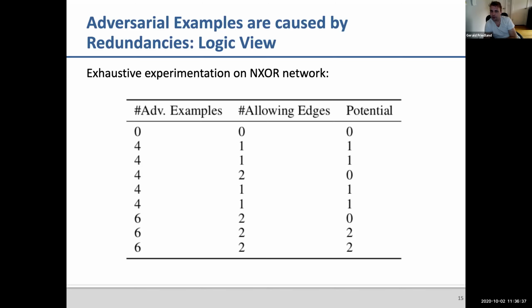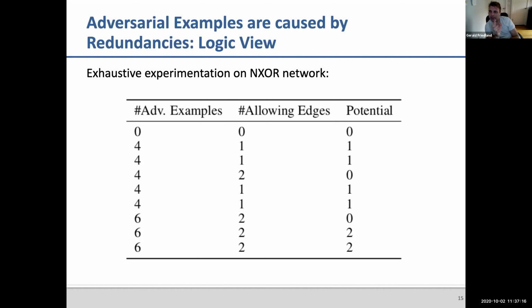And there's something called potential here, which is basically the weight difference between the weights for x1 and x2 and the weight 1 and weight 2, but that doesn't matter so much. It also has to do with the fact that if you have higher weights, then you get even more adversarial examples. So what it is: if you add redundancy to even something as well defined as a Boolean equality, you confuse your network, and some value, x3, is taken into account that doesn't have anything to do with the Boolean equality of x1 and x2.